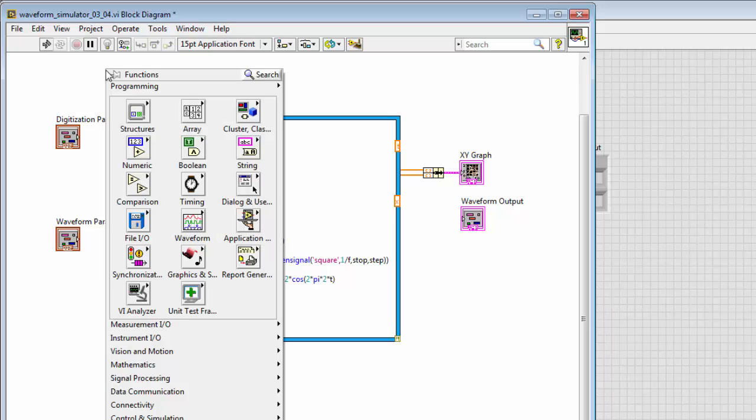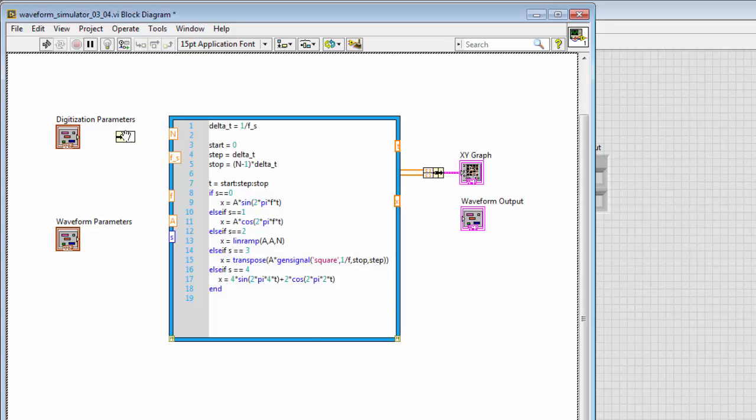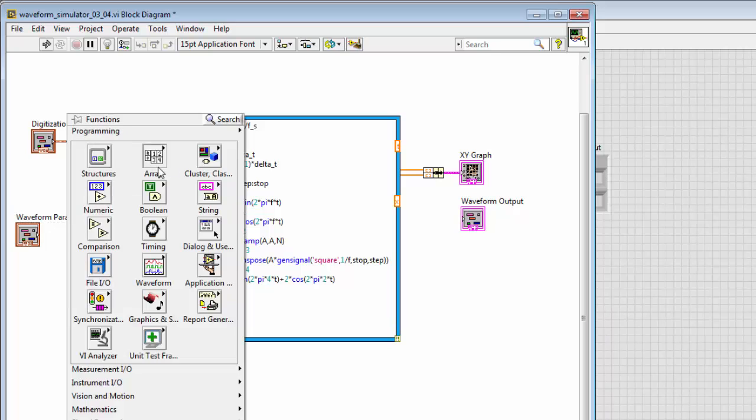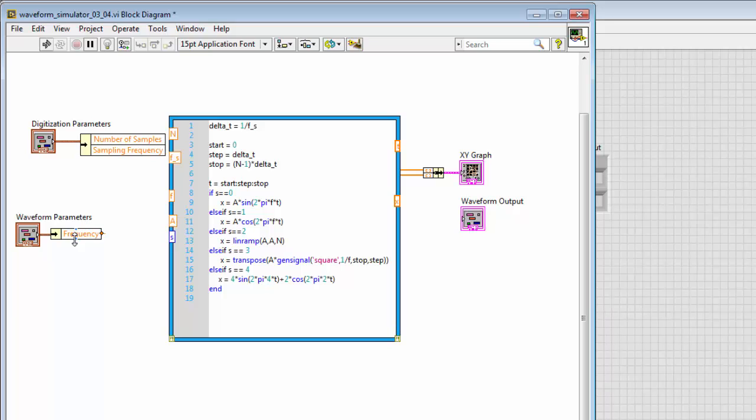So let's right click, and we'll go to Cluster, Class, and Variant. And here we have Unbundle by Name. So let me click that and drag that, drop it down, and hook up my digitization parameters to it. And now we see that first one is number of samples, and that is listed that way because it's the first control that I dropped in. And let me do the same thing for my waveform parameters. Right click, Cluster, Class, Array, Unbundle by Name, and hook that up and drag down 3 to see all of the different